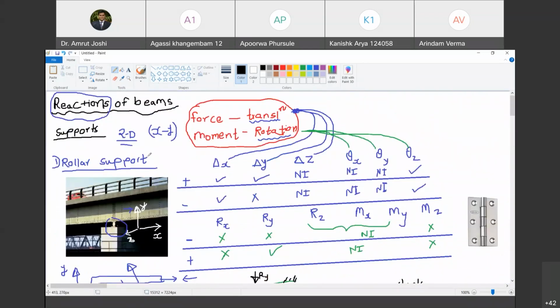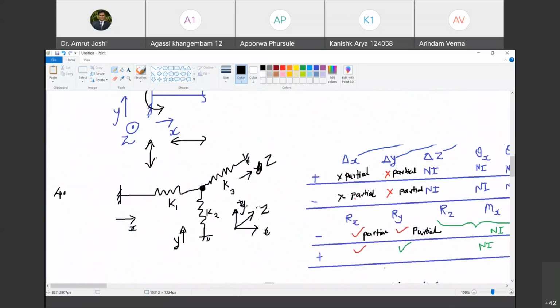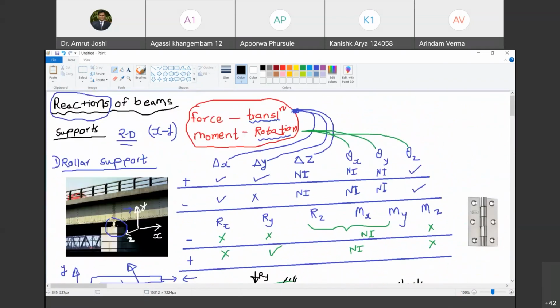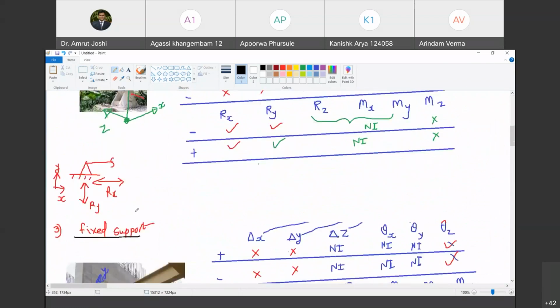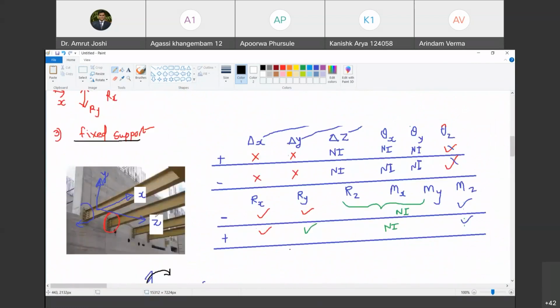Happy? Okay. Now, in reality, is it possible to have K1 equal to 0 or K1 equal to infinity? Both are not possible. It can neither be completely 0, nor completely infinite. Are you with me? So all real life supports are going to be somewhere between roller, hinge and fixed support. But as this is the first course in mechanics, we will make idealizations and we will call supports as either roller, hinge, double roller, inverted roller or fixed. We will see only these supports.